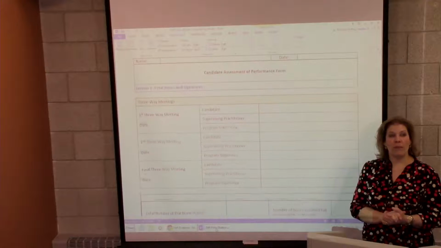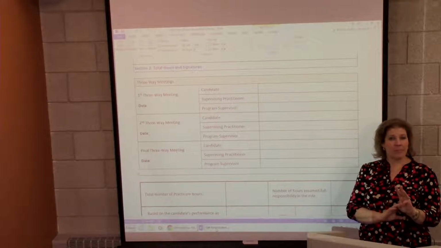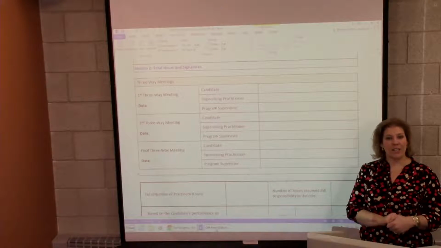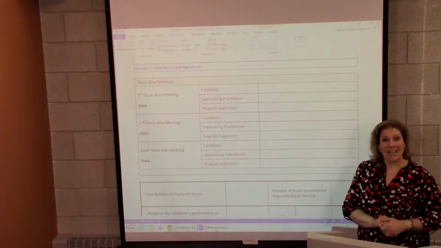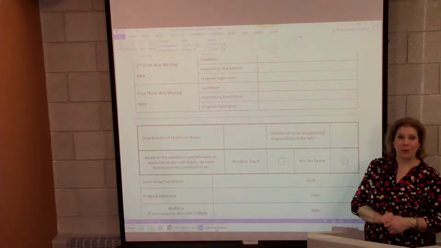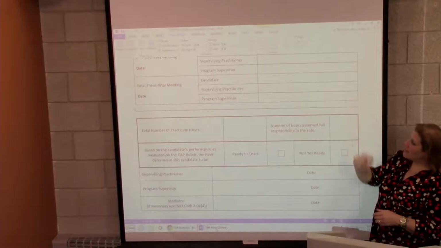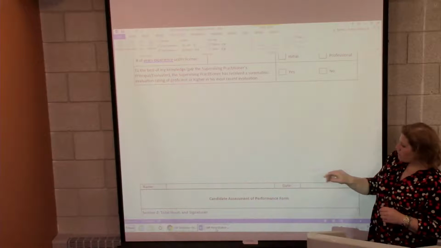You're going to use this form a total of 3 times again in the semester, and then you're going to turn it in at the end of the semester. It's a very important form. Do not lose it. Now let's look at the second page of the form, because it gets even more important then. At the top of that second page, what you'll see